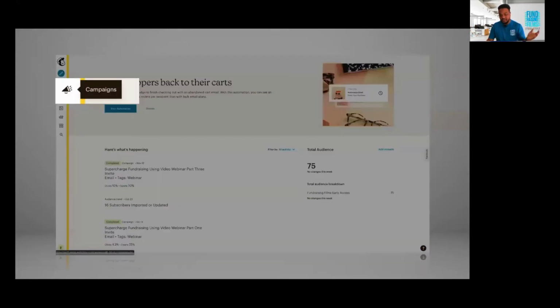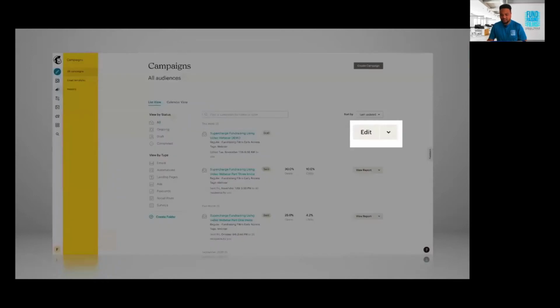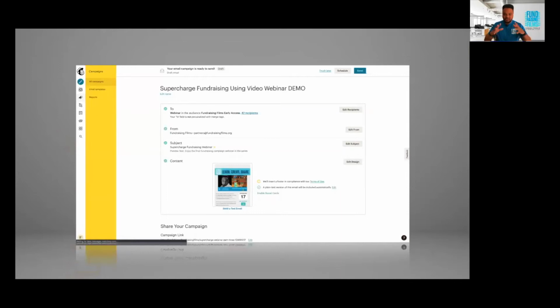Over there on the left-hand side, you'll see a button that says campaigns. You'll want to click that campaigns button to get to your campaigns page. And here in the middle, you'll see all of your campaigns. You'll want to click the edit button. Now, I've already set up a number of campaigns here. This particular campaign up here at the top is just a demo campaign. So you would have to create a campaign and do all of those things to actually enter these functions. But once you have your campaign, you can click edit. That'll then take you to the campaign